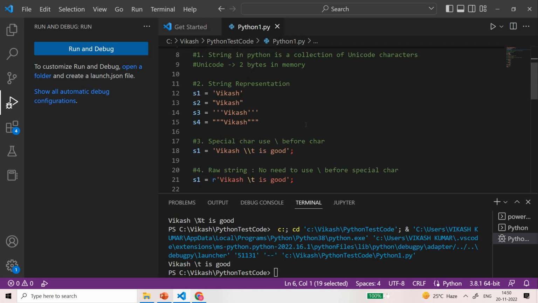So let's go to special characters. The third topic is special characters. What are special characters? You might be aware that slash t is used for the tab, slash b is used for the backspace. These are special characters, but sometimes we want to show these special characters in our string. Suppose you want to show this slash t in your string,